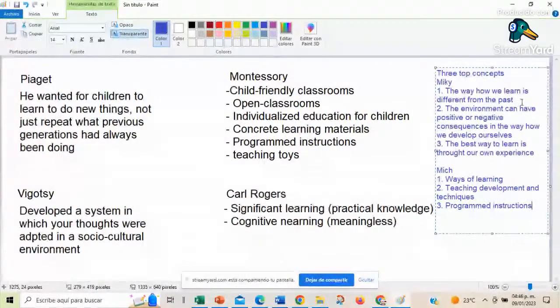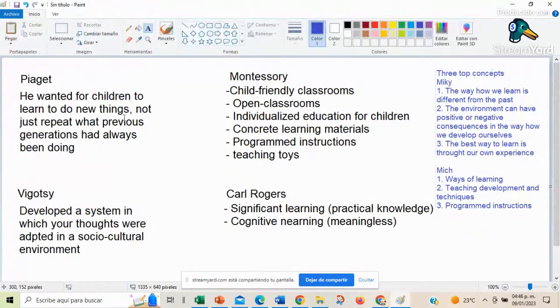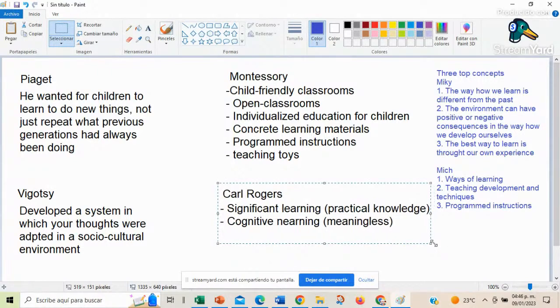Me? Why, yes, why are your three top concepts so important, please? The ways of learning. I think the three of them, I take them. It sounds to me kind of similar because